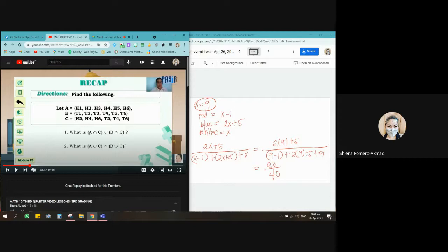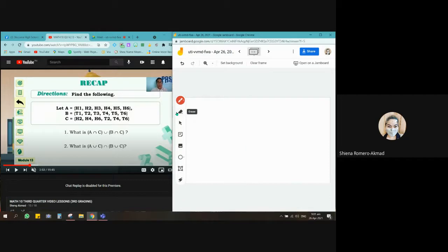Okay? So, para magawa yon, para maalala niyo yung lesson natin na yan, first, muna tayo sa 1, get the intersection of A and C. And how will you get the intersection? Paano makakuha yung intersection nito? Ano ba yung intersection ng A and C? What do you mean by intersection? When we say intersection,